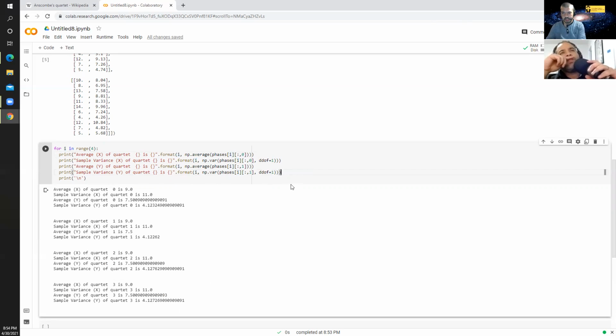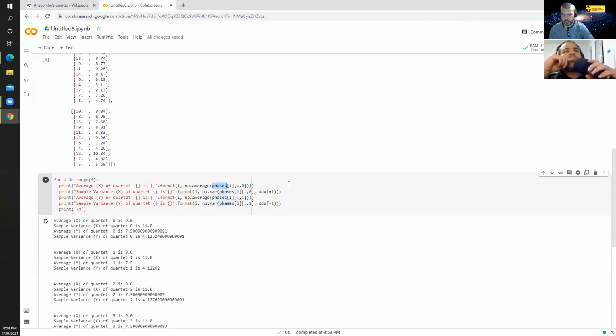I know this part over here is tricky with the phases, and I might review that at the end if we have time. But basically, I'm just accessing the information that I need for this one. You already set up what phases is, right? You did it up top, so you just write the word phases. I did, but